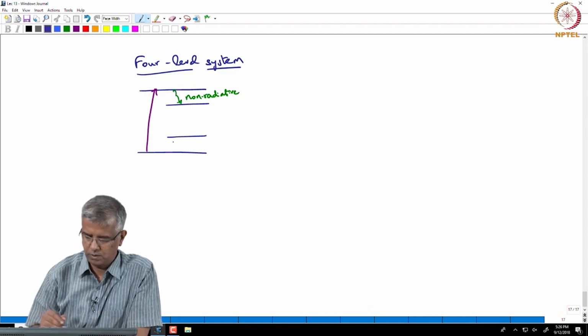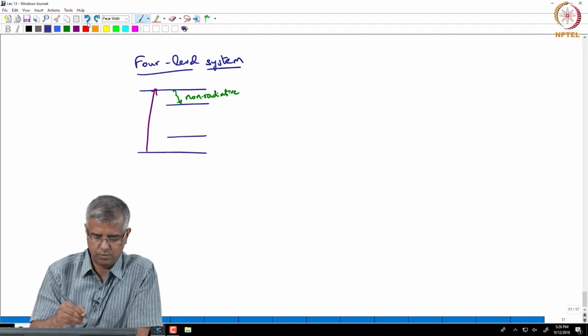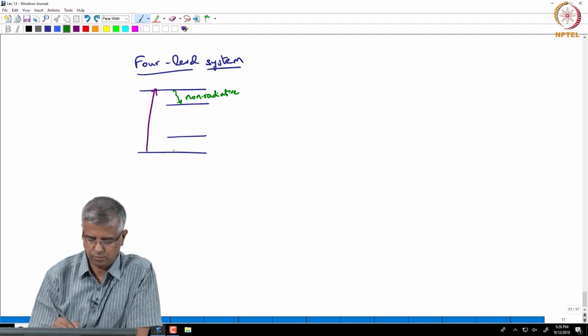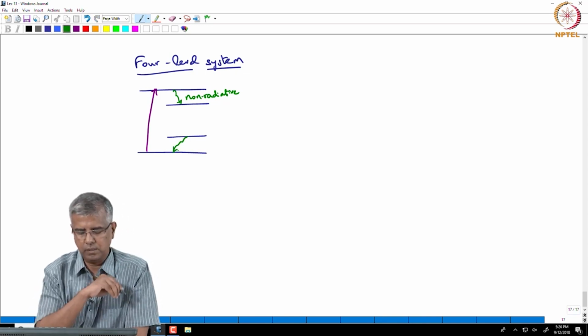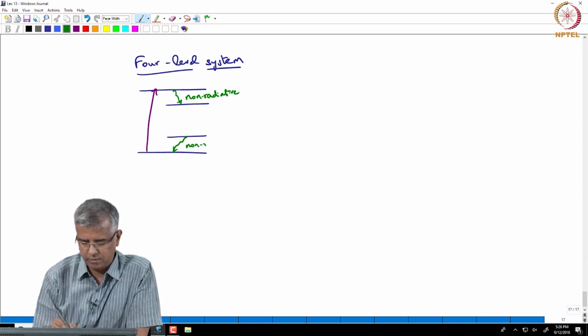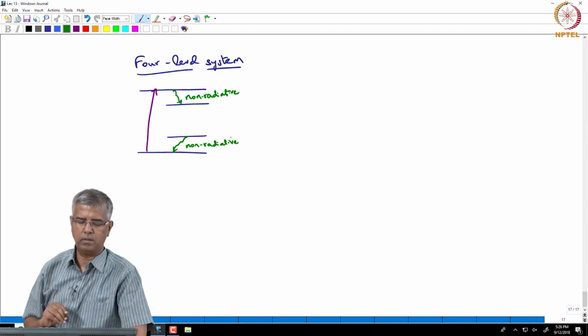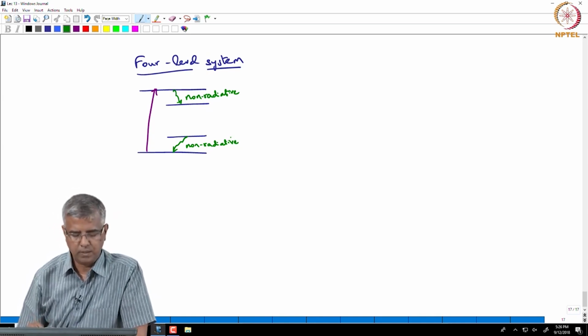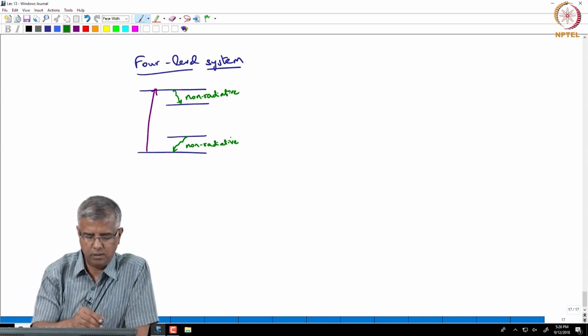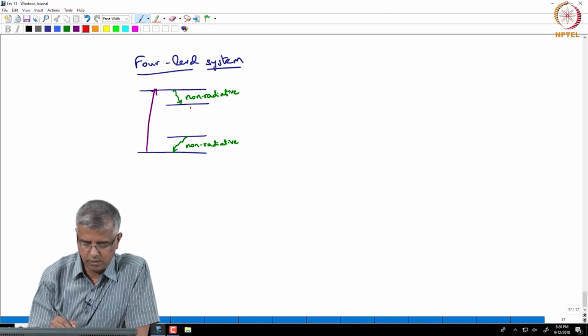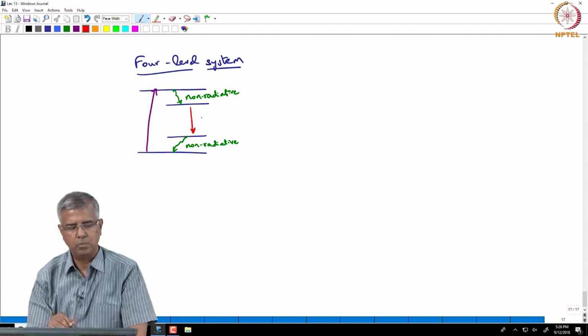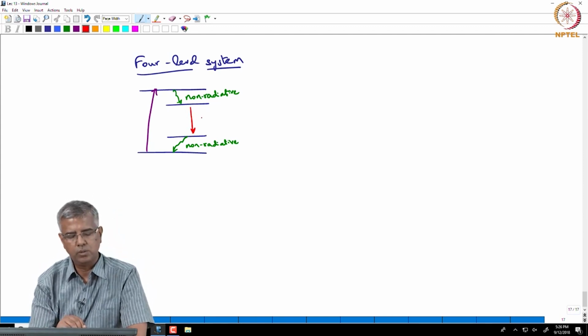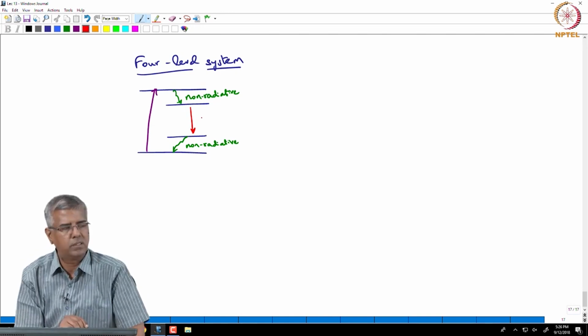So this is also non-radiative in nature. Okay. So that is a typical 4 level system, and the key thing that we are looking for is transition between these 2 energy levels, which give us gain,